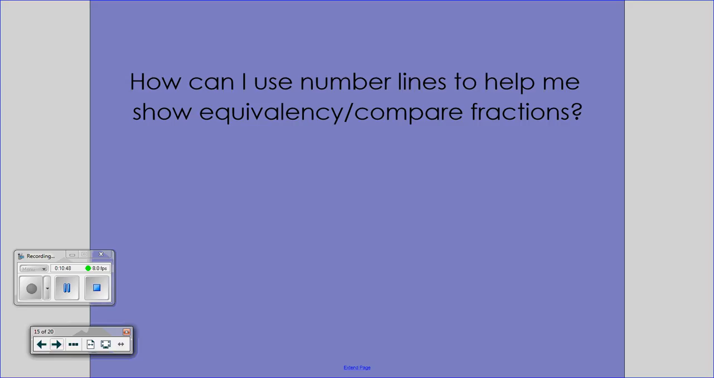So how do you think I can use number lines to help me show equivalency or to compare fractions? How am I going to do it? How do you think I'm going to do it? Susie, what would I do? What do you think I'm going to do? If I'm going to use number lines to show equivalency or to compare,